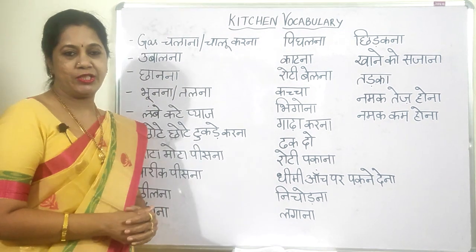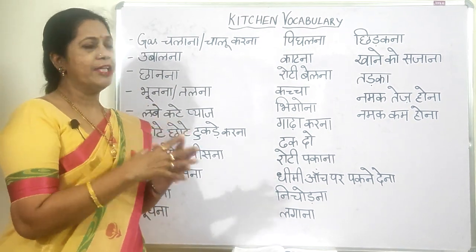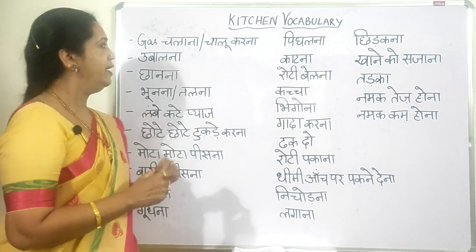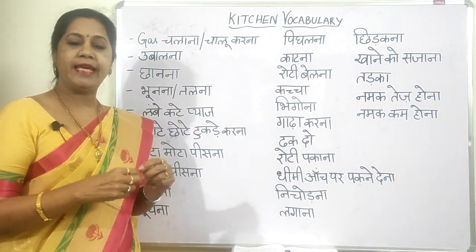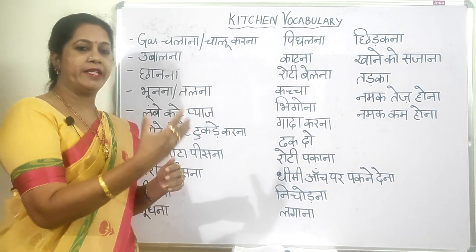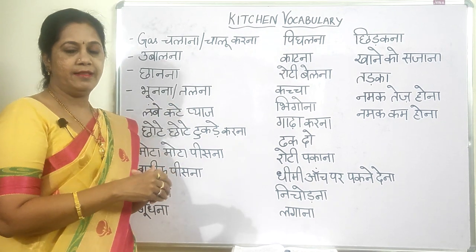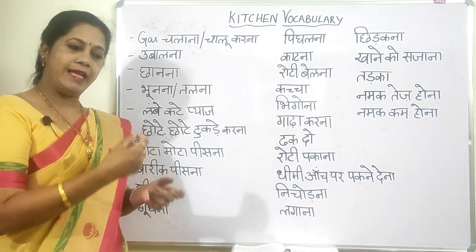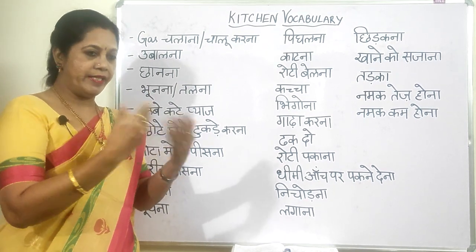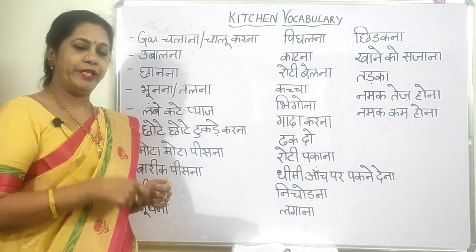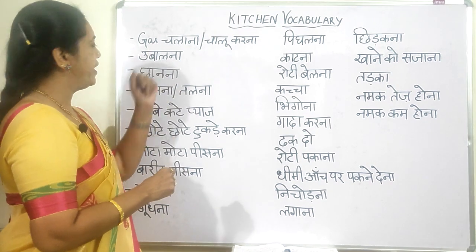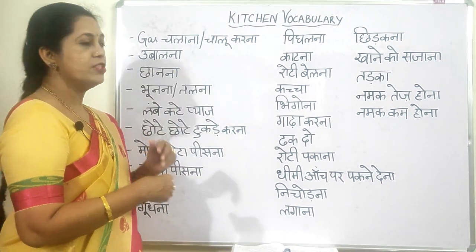Let me start first. When we think of cooking, first thing when we start cooking, what do we do? We switch on the gas. So in Hindi we say gas chalana ya gas chalu karna, or on the gas. Okay, gas on karo. So we use like this, or gas on karenge. That is when they are trying to tell it, they say, okay, I'm going to, or I will be switching on the gas stove. So for that, gas chalana or chalu karna.